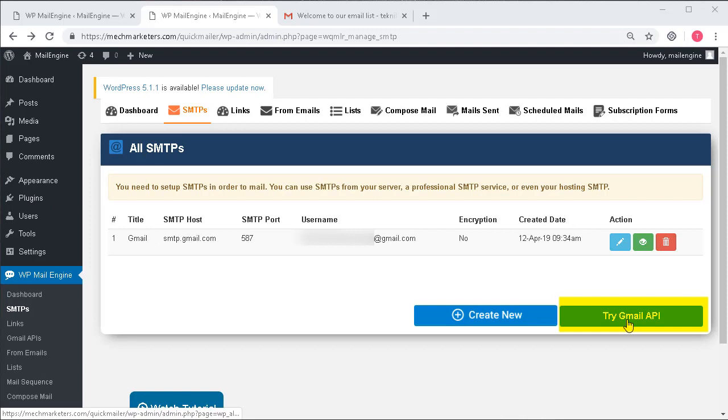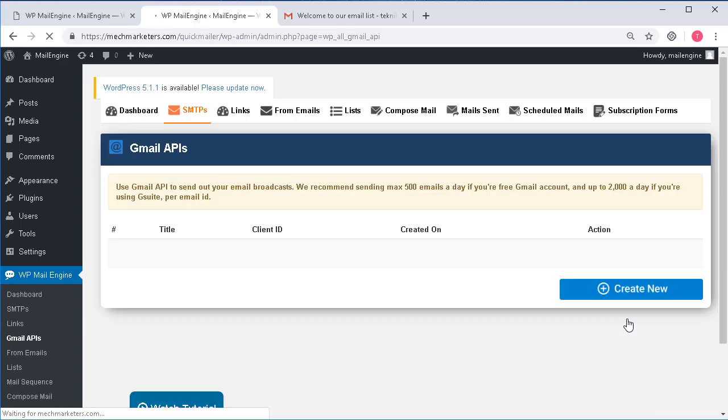Another great innovation here is the integration of Gmail and G Suite. Mind you, this is a feature which is charged for by many other products in the market, but here it's part of the Mail Engine and you pay nothing extra for it. What you get is the ability to use products like Gmail and G Suite accounts to send the emails. As you may know, with G Suite and this ability together, you should be able to send up to 2000 mails legally every day. And don't forget, with Mail Engine, you have the ability to pair together many of these SMTPs to overcome the daily mail restrictions and have the same experience of a professional SMTP without having to pay for it.